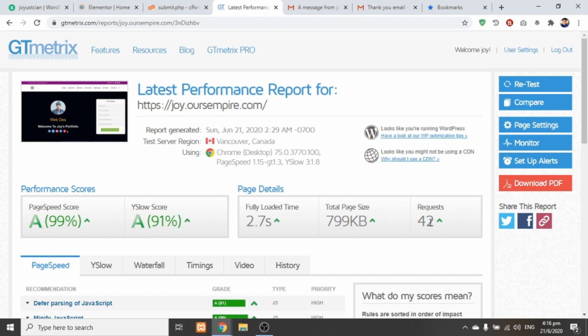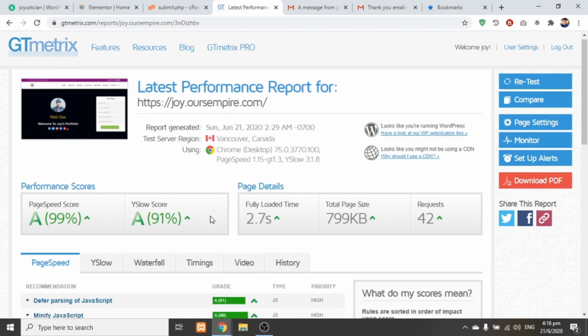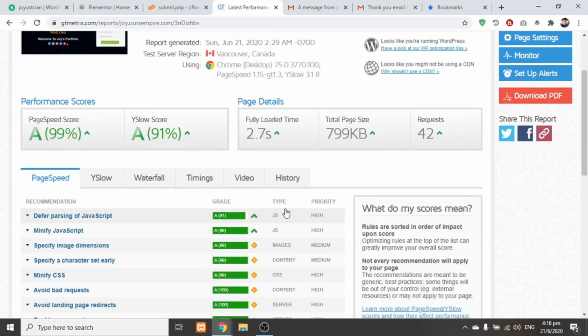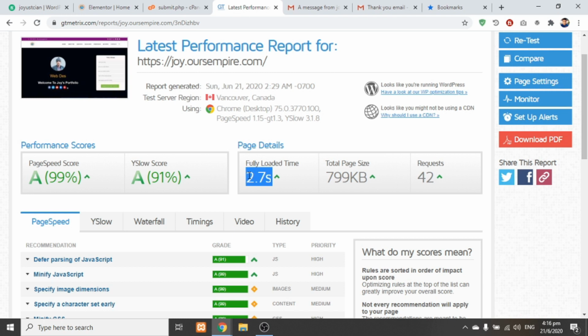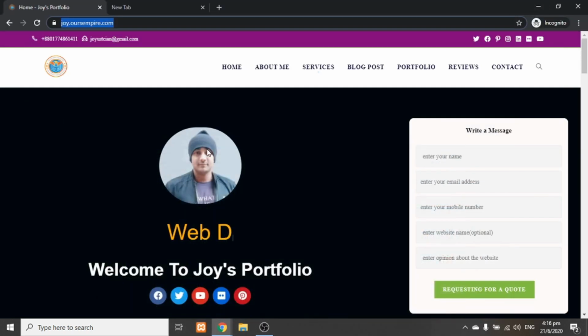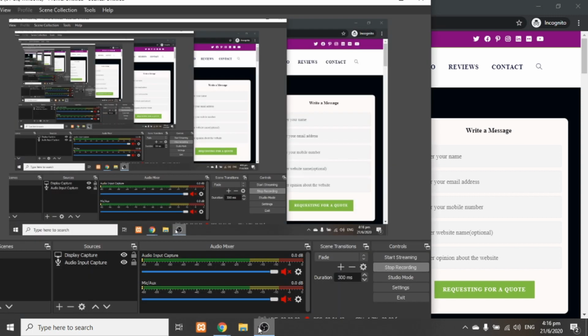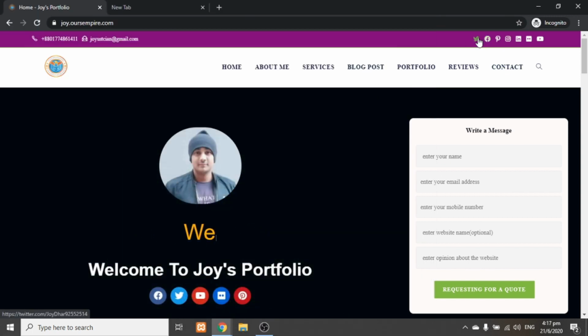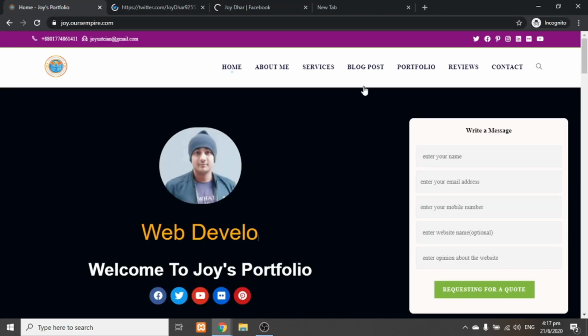And if I use international hosting like SiteGround or HostGator, it will improve, and the full load time will be 1 point something. So let's check our website first. We have a top navbar with some contact info in this navbar, and the social icons, these are working social icons for Facebook, Twitter, and so on. So there is a logo. My brother created the logo, so thanks to Vijay.